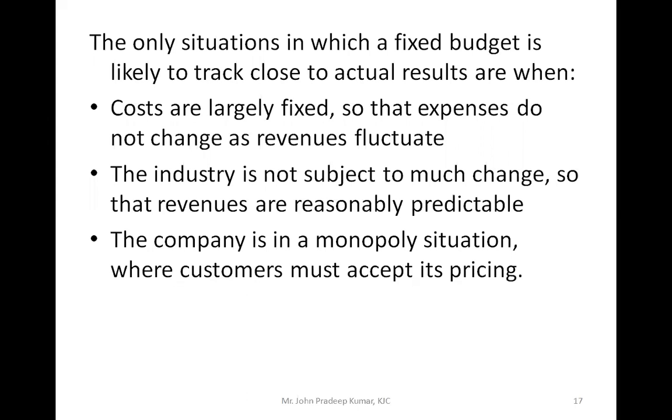Railways. Railways, okay. And our electricity companies like Bescom in Bangalore. So we are actually getting from Bescom only. So there are no private players as of now. Okay, so those are the monopoly companies, where nobody else can manufacture. So in those situations you can use the fixed budget. Understood, students?